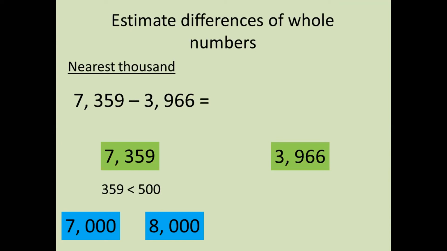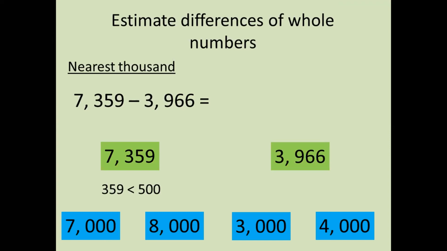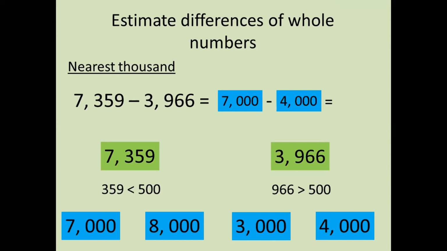3,349. And this one, 3,966, is between 3,000 and 4,000. 966 is more than 500, so the nearest thousand is 4,000. 7,000 minus 4,000 equals